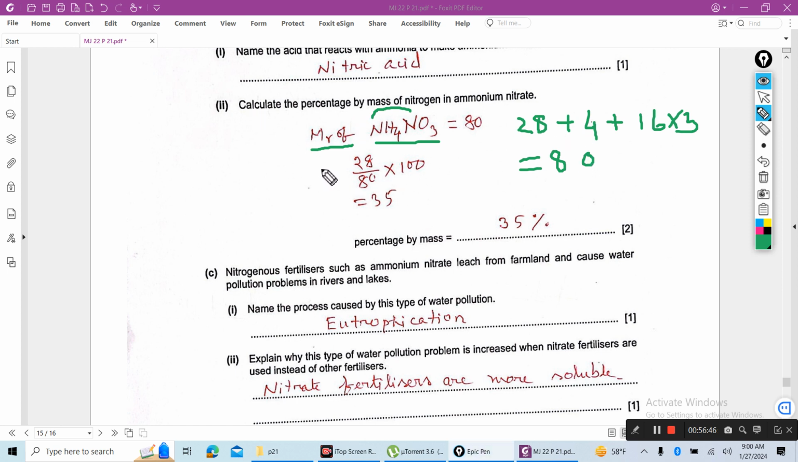So the percentage of nitrogen will be: in total 80 there are 2 nitrogen, I mean 28, 14 times 2. 28 by 80 into 100, 35% of nitrogen is present in ammonium nitrate. And then see,